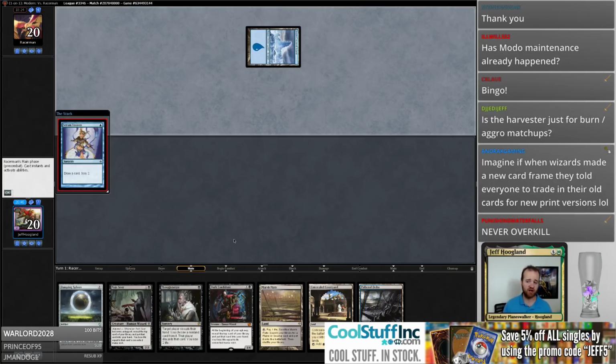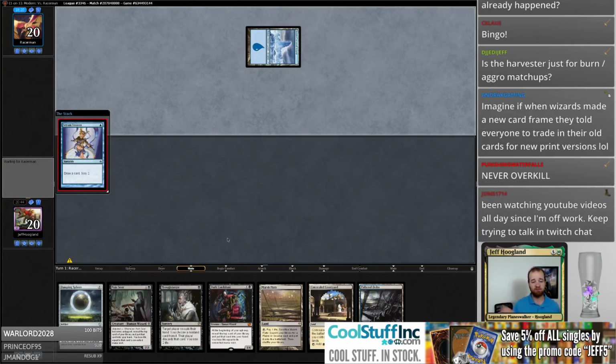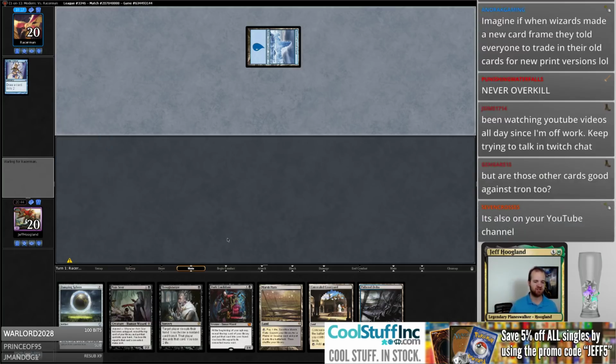Yeah, Harvester is for any kind of aggressive or mid-range matchup. One of the big things the vehicles do in this deck is they let our cards like...